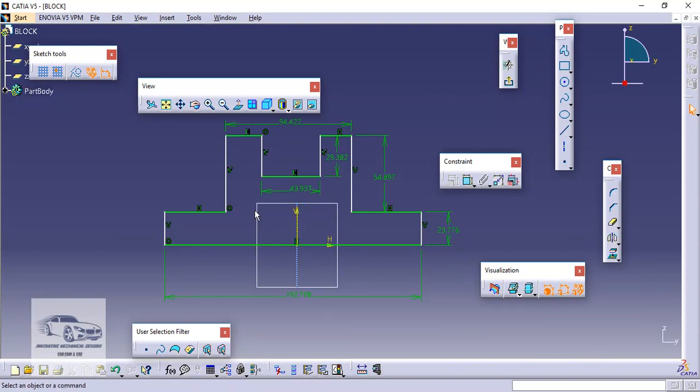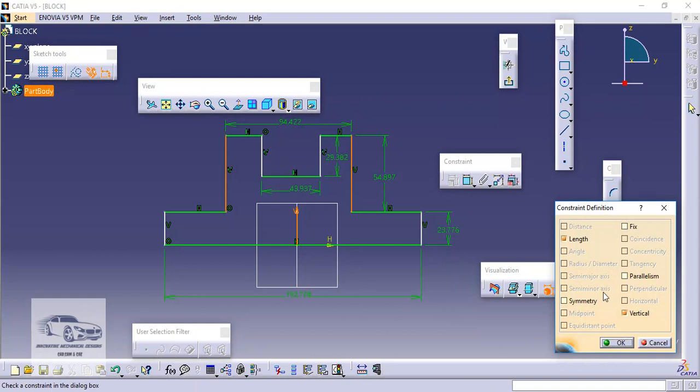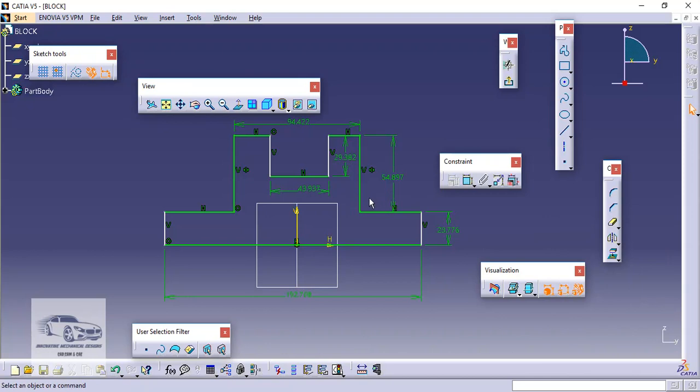For doing it, just by pressing the control button, we have to select the two lines which have to be maintained symmetric, and then we will select the respective axis. Here again I will go to geometrical constraints and I will select the option of symmetry. Now as we can see here, the two lines are green. If I now want to drag this line, it will not move because it is now restricted by the symmetric condition. Symmetric condition means the distance of this line from this axis and this line from this axis are the same.